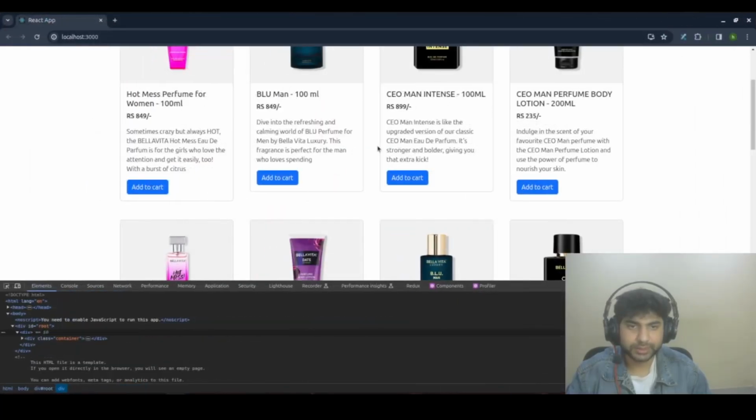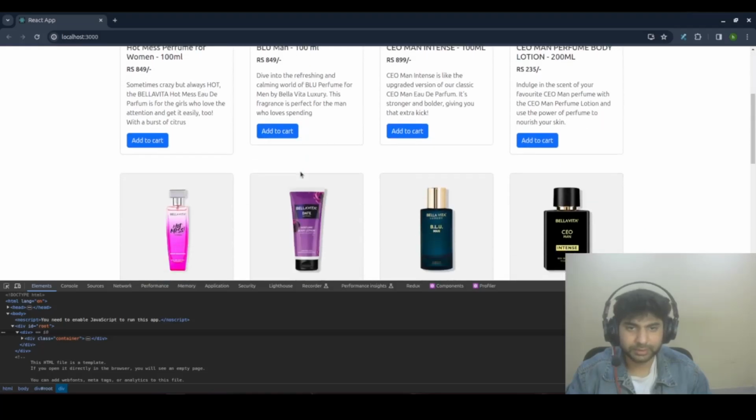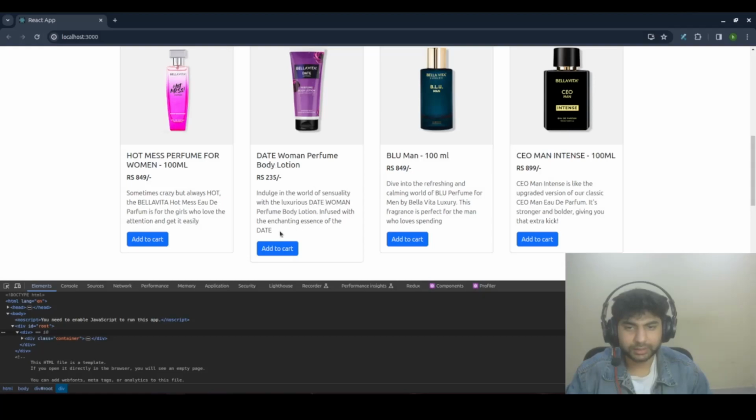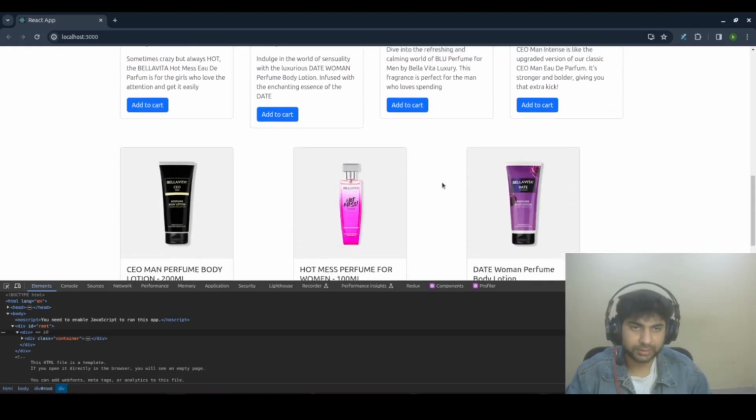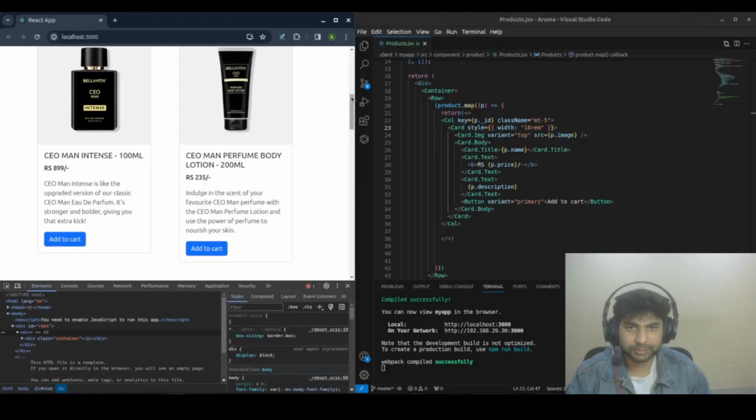Check it out. This is not looking good because of proper alignment. This is not a proper alignment, and here is not a proper description. It's not looking good here because of colors. So I need to manage my CSS and Bootstrap in my